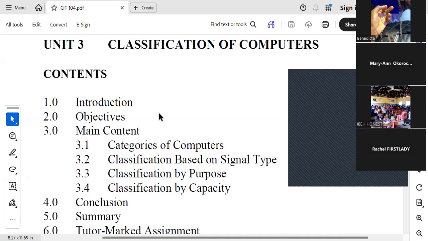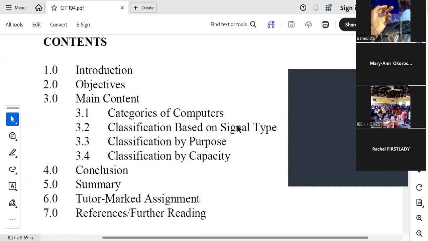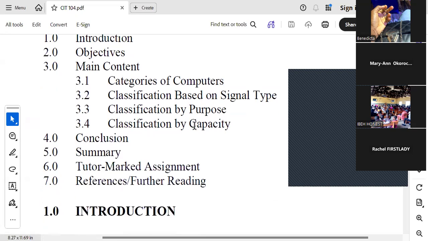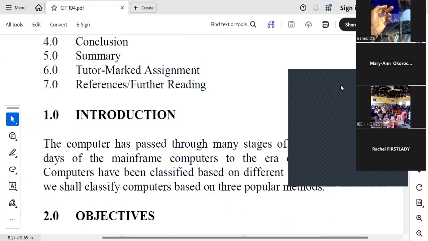So in this unit, we'll talk about categories of computers, classification based on signal type, classification by purpose, and classification by capacity. As a form of introduction to